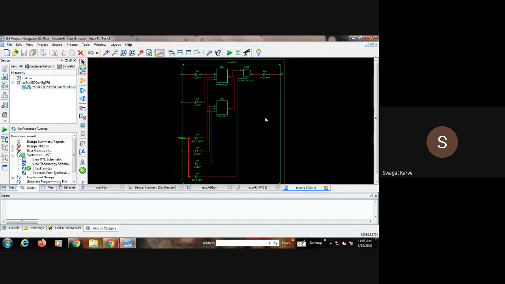This is the technology schematic. All of you clear? Yes, sir. Okay.